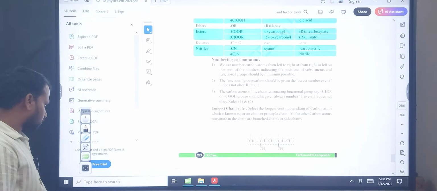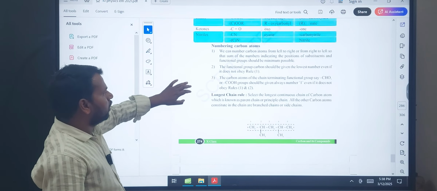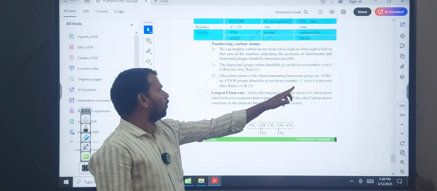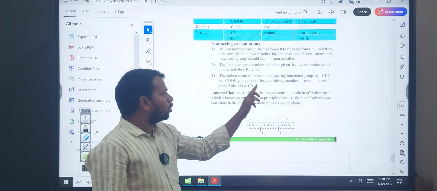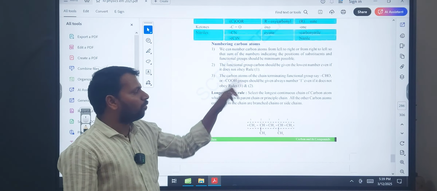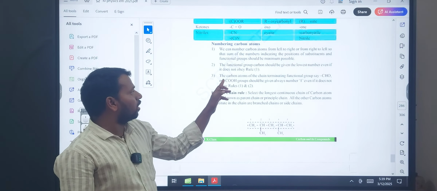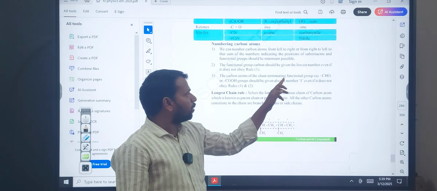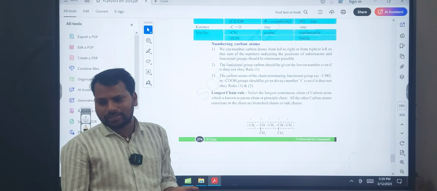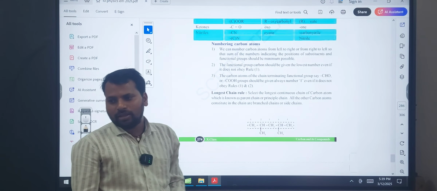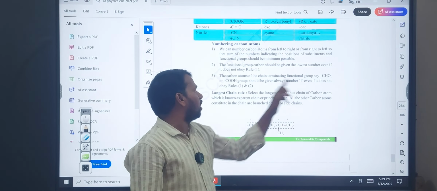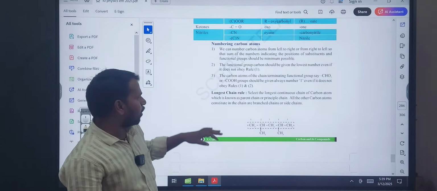Next. The carbon atom of the chain containing functional groups, say CHO or COOH groups, should always be given number 1, even if it does not obey rules 1 and 2. So for suppose the carbon atom of the chain terminating functional group, whether the presence of an aldehyde group or a carboxylic acid group, should always be given number 1 even if it does not obey rules 1 and 2. Suppose here